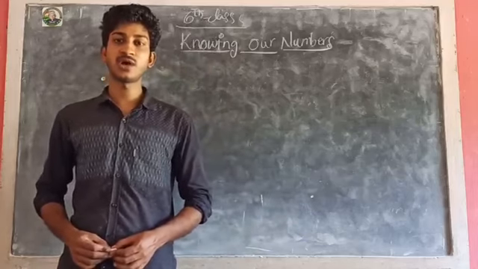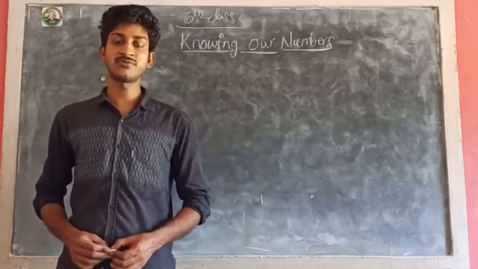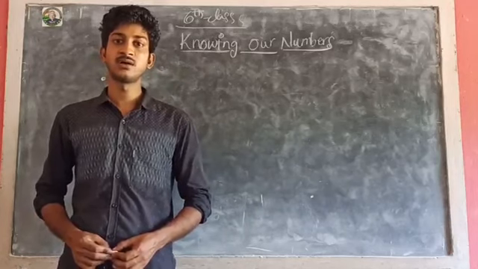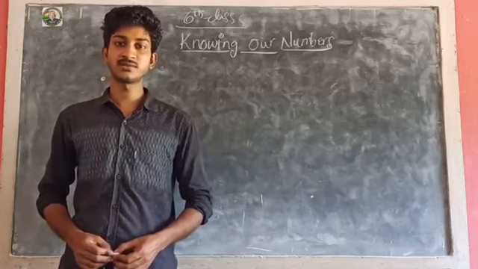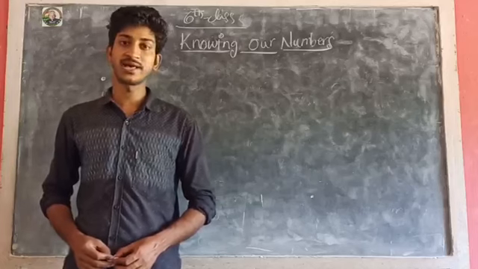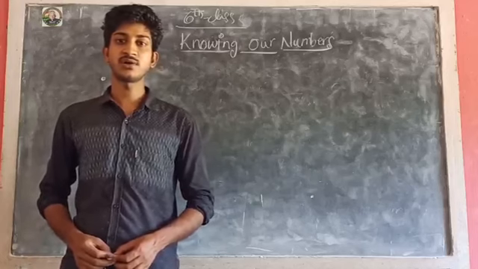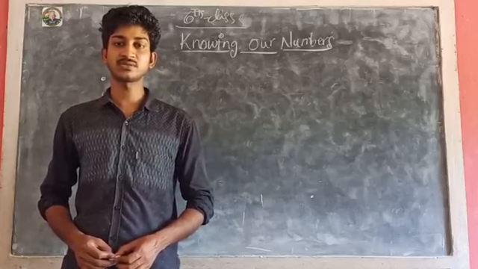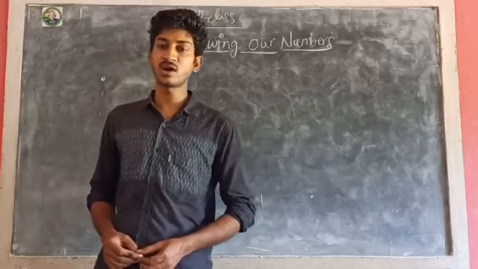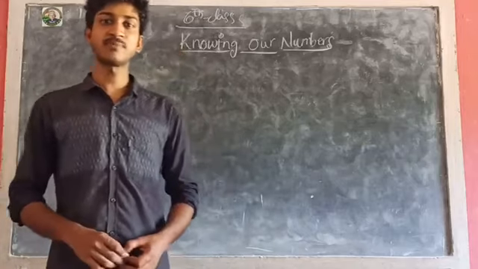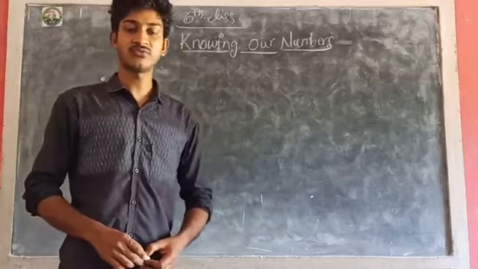In the previous year, we learned about operations on numbers up to five digits only, meaning addition, subtraction, multiplication, and division on five-digit numbers. In this class, in this year, we learn operations on larger numbers like six-digit numbers, seven-digit numbers, and so on. Coming to our chapter, Knowing Our Numbers. In this chapter, our first topic is estimation of numbers.